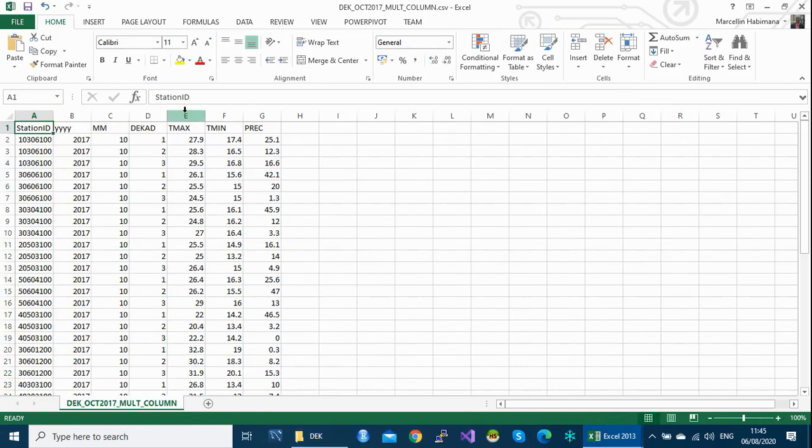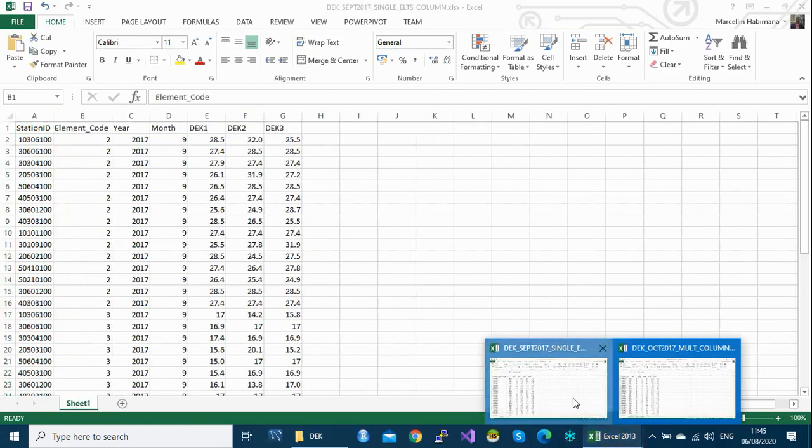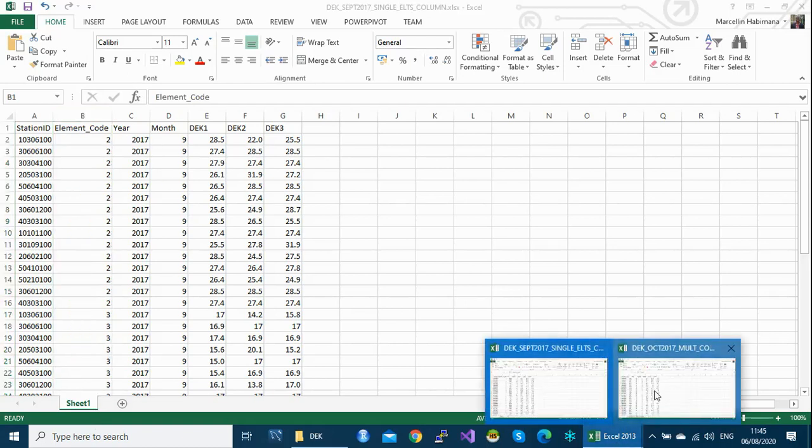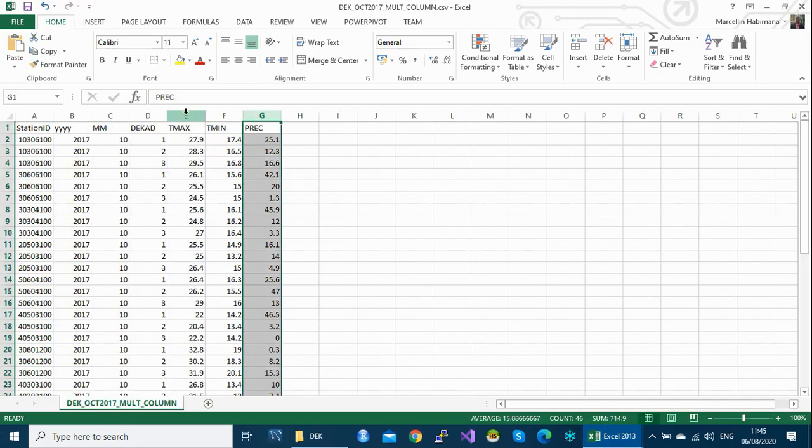So this is column 1 of element 2, 3. The difference here is that here we have one column containing all the elements, and here we have the elements in different columns.